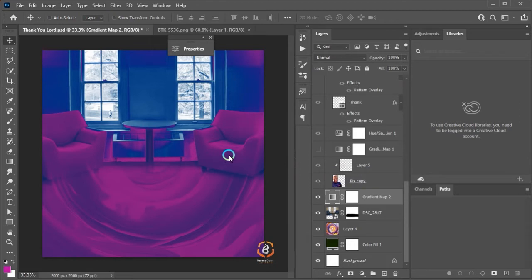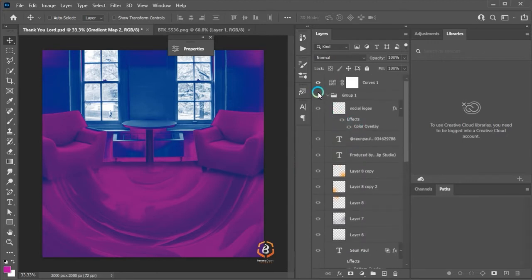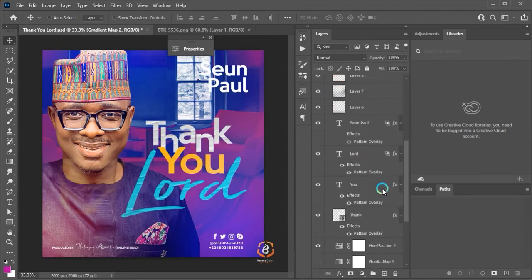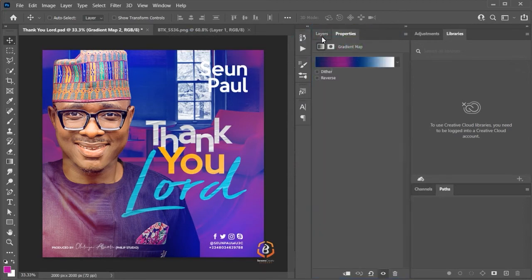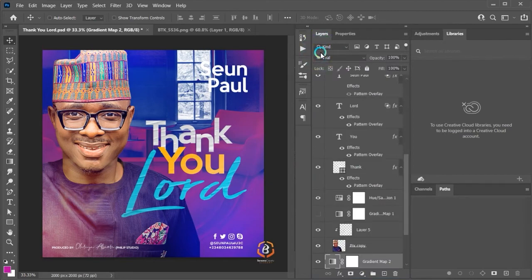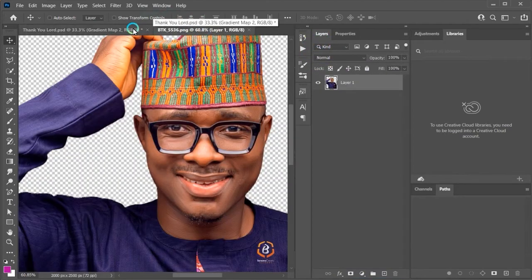So that is the reason I have this beautiful design on the screen. This is how I join all this together in order to have these beautiful designs. And as you can see, these are the combination of all the layers using gradient map in order to achieve